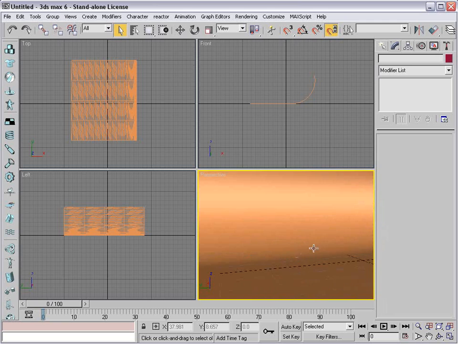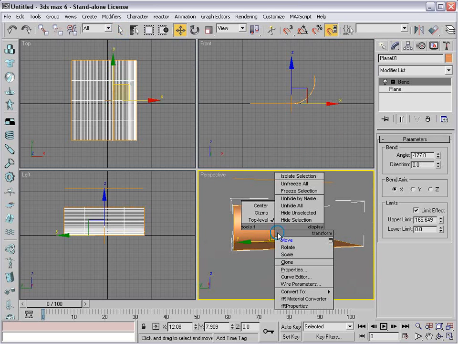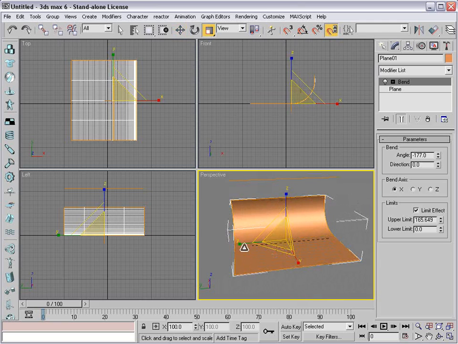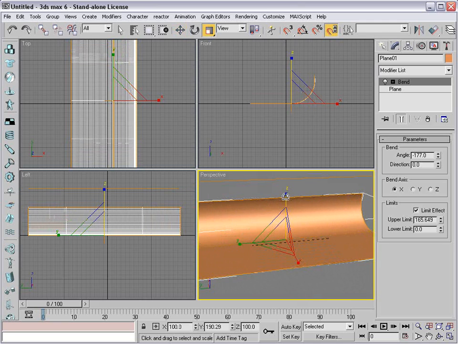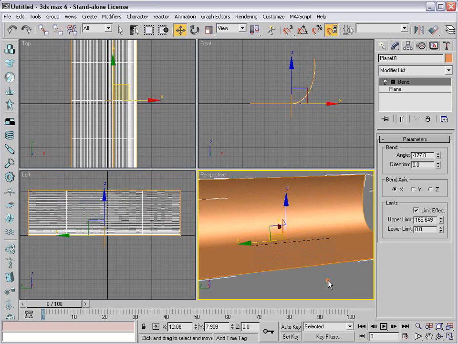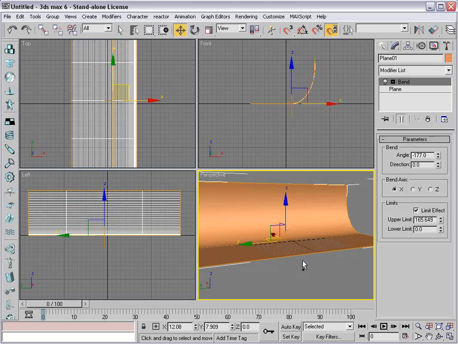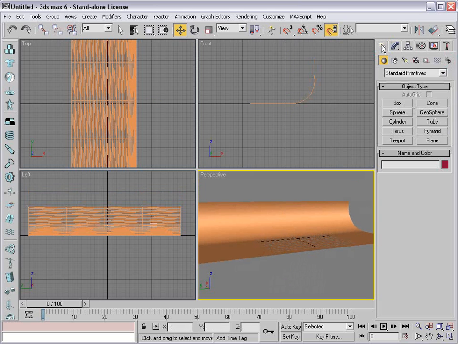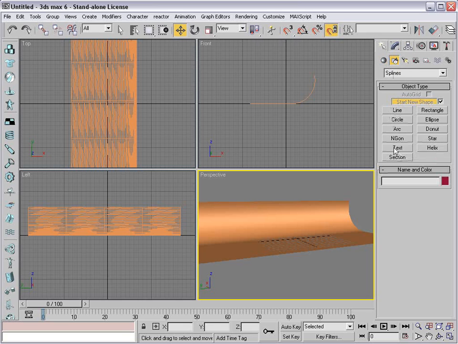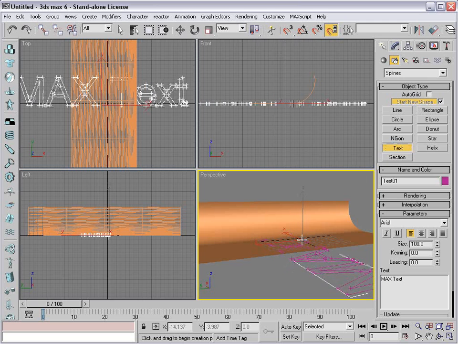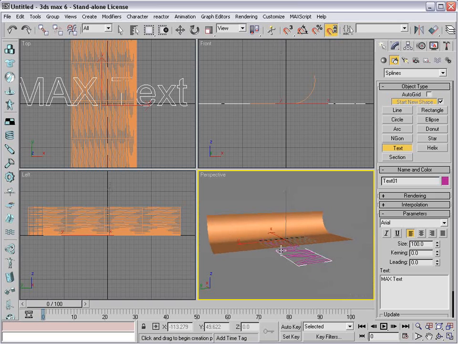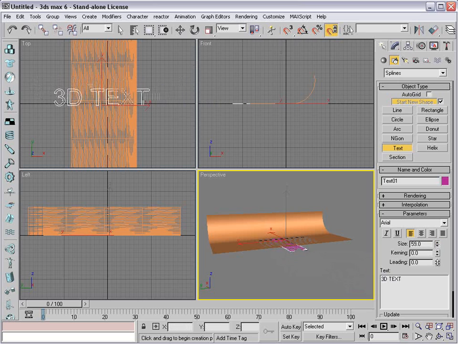And we sort of come in here, and it's looking good. And then, of course, we can right-click and choose Scale, and extend it out as needed. See how that works. But okay, so what I'm going to do is then go to my Create palette, and I'm going to click on the shapes, and we're going to click on text. I'm just going to click in the viewport, and it creates sort of an outline of text with no real renderability yet. And we'll just change this to 3D text, bring the size down a little bit,